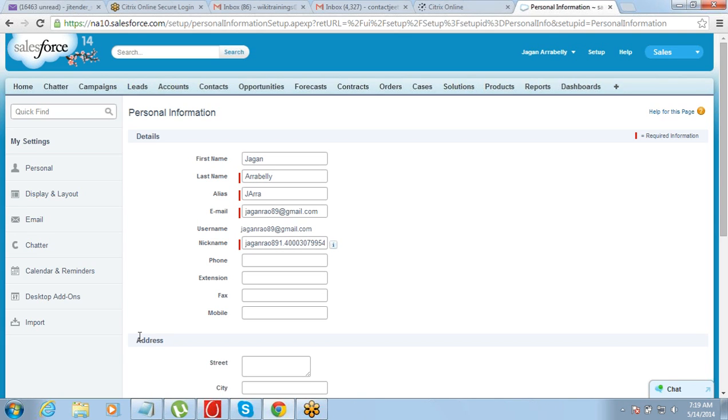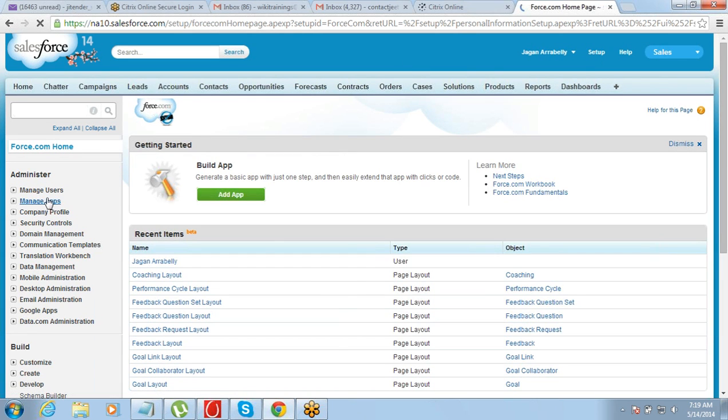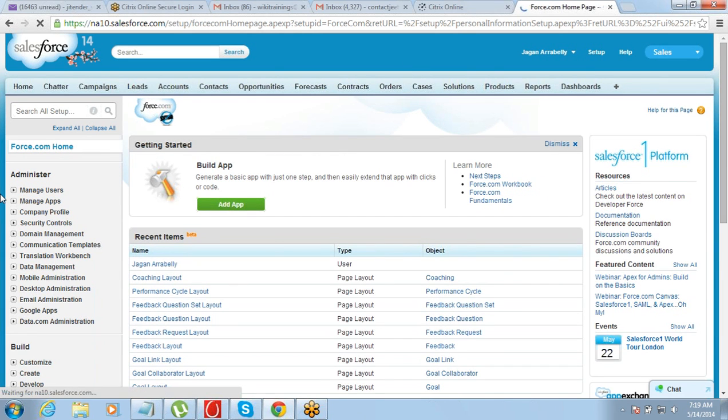After getting into my login, I have that option of creating users, creating other users. So in the setup, if you see, there is an option of creating other users. You can manage users from here. So Salesforce.com, even if you ask them for 20 licenses or 50 licenses, they will just create the first login and give it to you.